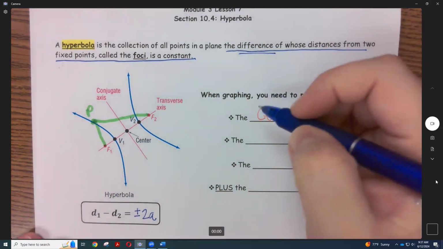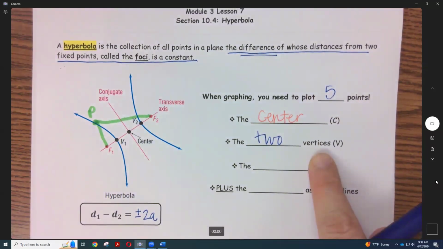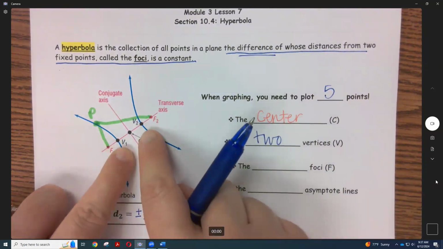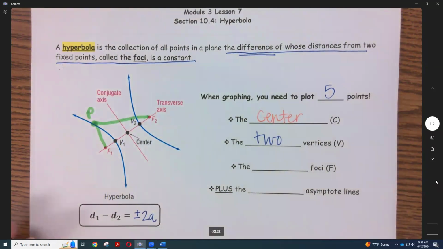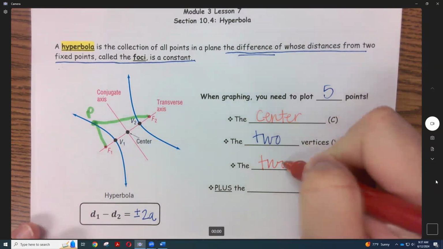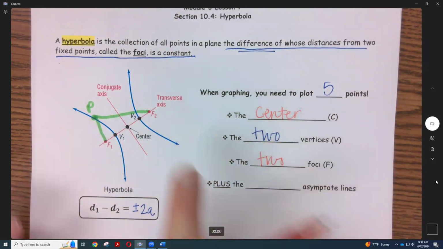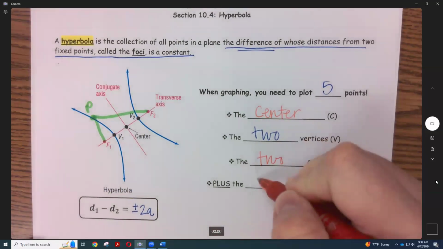Here we have 2 vertices, and I don't say major vertices here. We have just one set of vertices, and so those are these V1 and V2 right here. We're going to have 2 foci, which I'm also going to put in red because these 2 foci aren't technically part of my graph, but they're part of that definition. So we're going to graph it, and more specifically, MyMathLab is going to ask you questions involving it. And then the last thing that we need to be able to plot is the 2